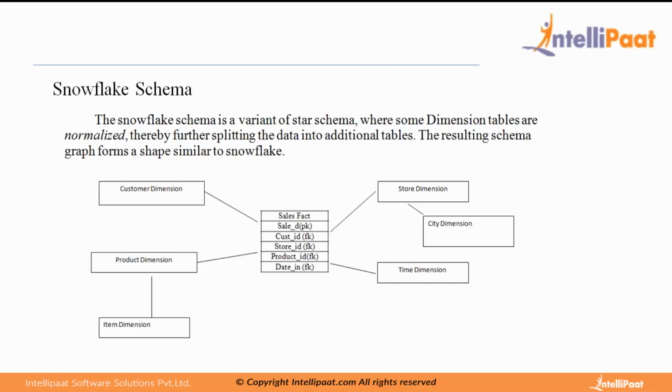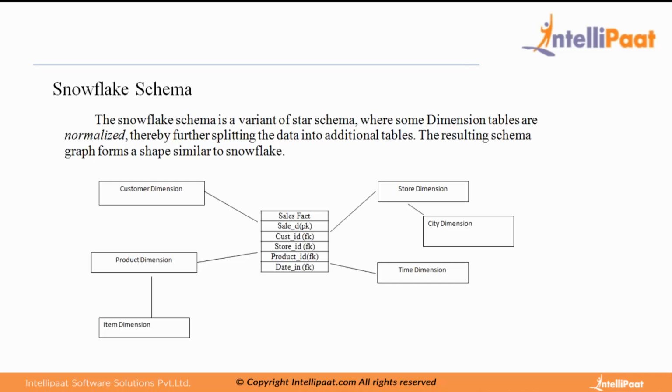Or to keep some meaningful data in a separate dimension, we break the dimension tables into multiple dimensions. So here you can see it looks like a star structure only, but further these dimension tables are breaking into multiple, or I would say some child dimensions. So another dimension table will come out of that main dimension table, and the structure becomes normalized here. This store dimension has been normalized, and the city information has been kept aside in a separate dimension table. This kind of structure is known as snowflake, which is quite common.